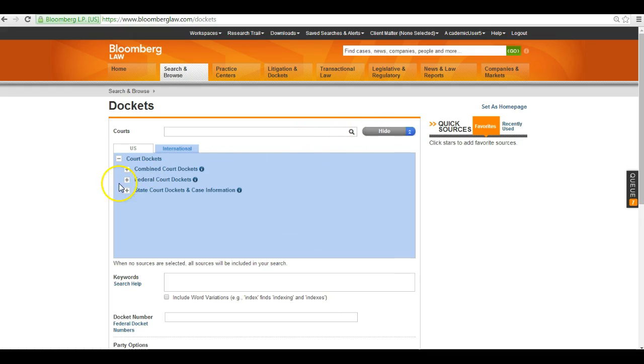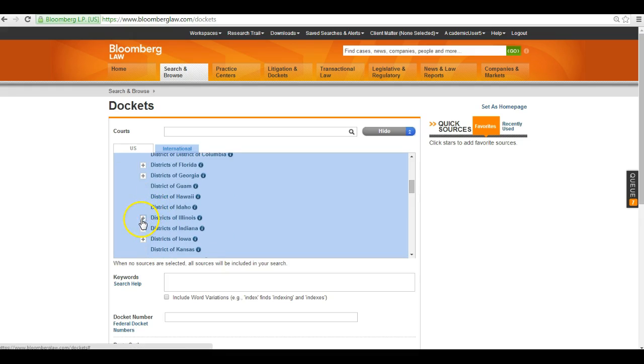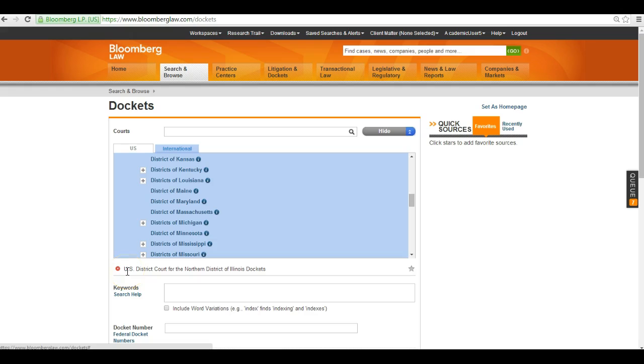Let's go to Federal Court Dockets, drill down to U.S. District Courts, drill down again to Districts of Illinois, and then select Northern District of Illinois. Note that the selected court appears underneath the blue box to indicate that this is a source you will be searching through. Next, enter summary judgment in quotes